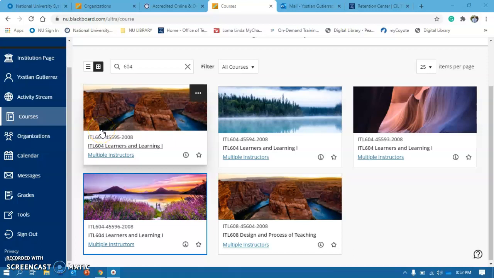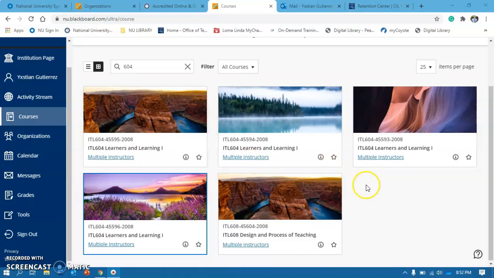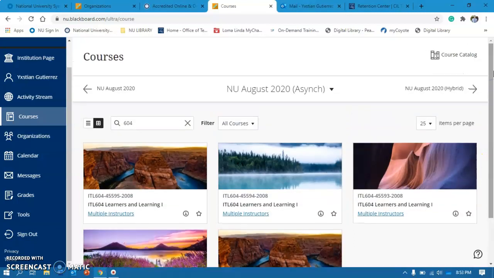All right, everyone, I'm going to give you an overview of the Retention Center, which is actually an intervention tool that you can use for your students in your courses at National University here. So what you're going to do is you basically go into your Blackboard. Once you go into your Blackboard, you're going to go ahead and make sure that you go into your correct